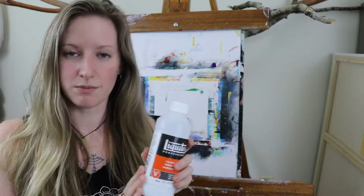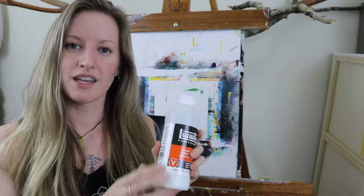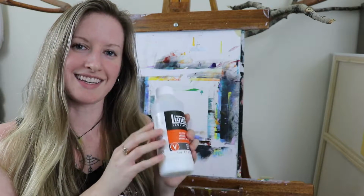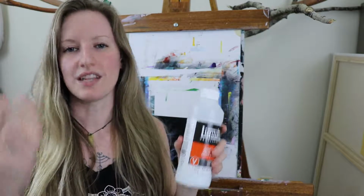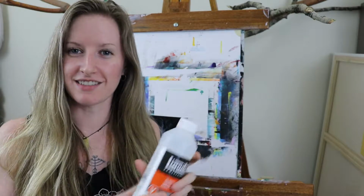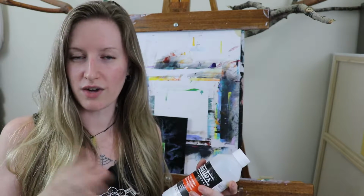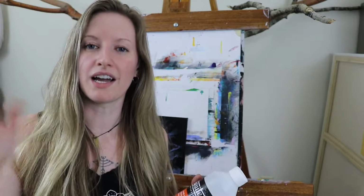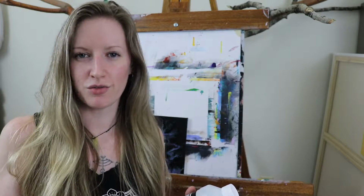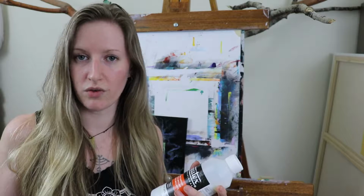So I went ahead and used a sponge brush just because I know for sure that that's not going to give me the strokes. Because you don't dilute this, it is thicker. So that's another reason that I was trying to be careful not to get brush strokes on these paintings. For both of these, what I did was apply a first coat directly onto the painting, allow at least 3 hours for it to dry, apply a second coat over top of that, and then again, allow at least another 3 hours for that to be dry to the touch